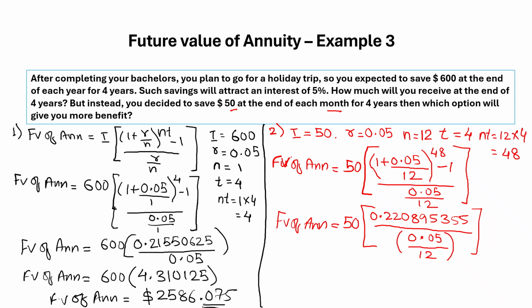0.220895355. Keep this in your calculator and then press divide, and then open bracket 0.05 divided by 12, bracket close, and then press enter, equal to, you will get the answer. This is the very simple and perfect way of calculating. So future value of annuity will be 50 into